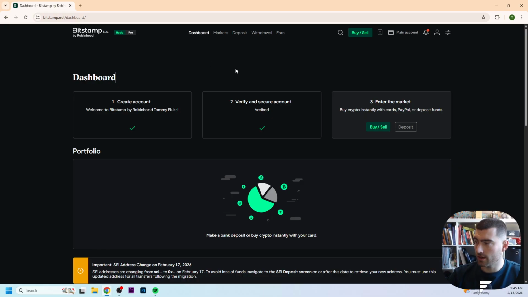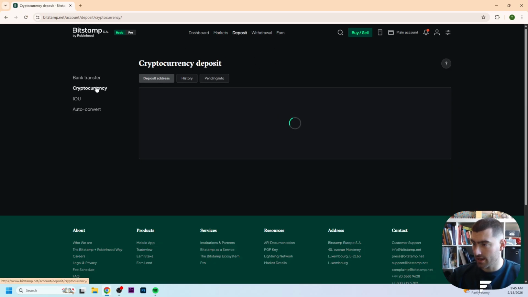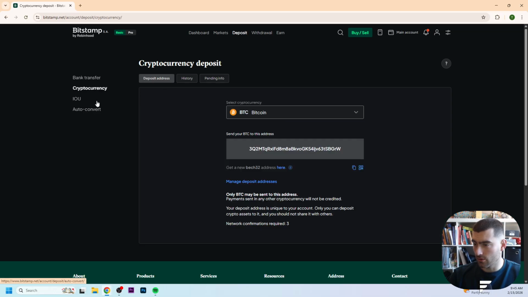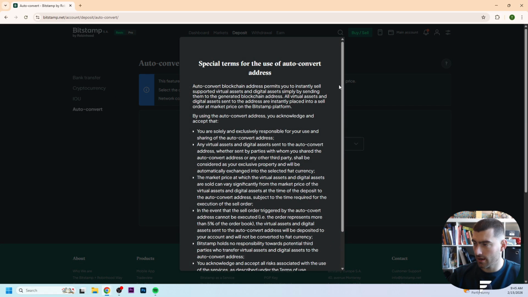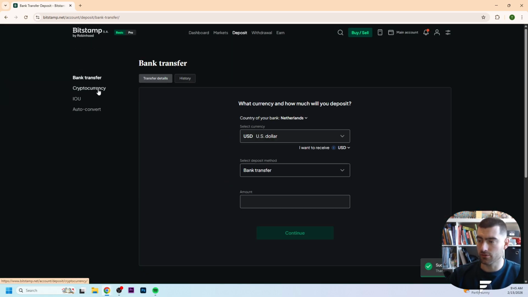Then after that, we have a lot of ways we can deposit by clicking on this deposit, or we can go to buy and sell and deposit right there. So we decide right here to click on this deposit, and then from here we can do a bank transfer, a cryptocurrency, or one of these two. I don't know exactly what these two are, but keep in mind you only need the bank transfer or cryptocurrency